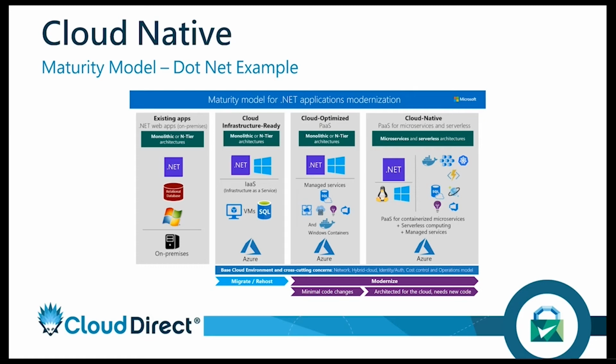But that might be the first step in trying to move to the next step, which is looking at making your .NET application in this scenario more cloud optimized. Okay, we're starting to look at web apps. We're starting to look at Azure as a service, SQL as a service through PaaS delivery of that. Maybe we're looking at Docker containers, putting out information via continuous deployments via DevOps tooling and things like that. We're starting to optimize our application to the cloud, and we're starting to take advantage of some of the underlying features that the cloud has and use that to our benefit until we reach the promised land.